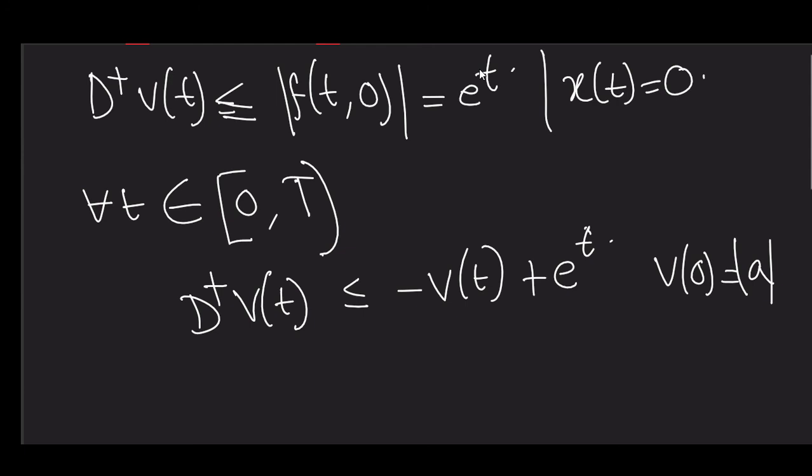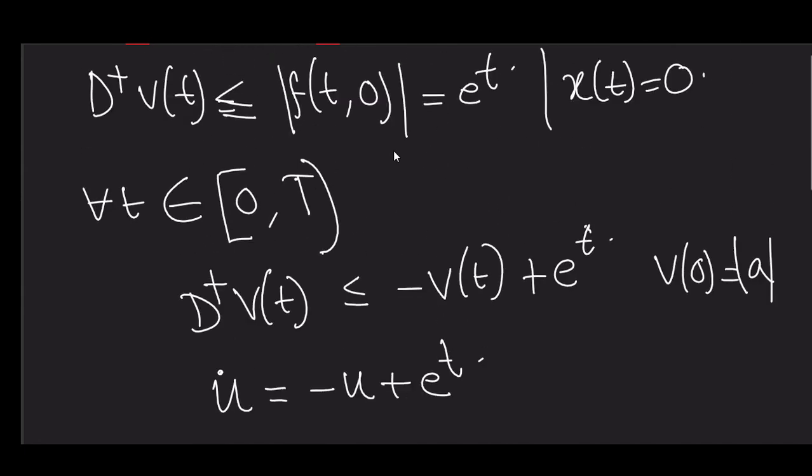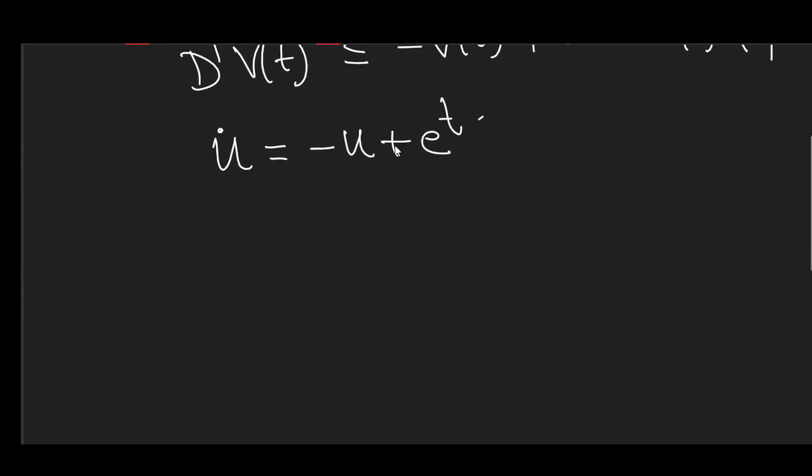So if you consider u to be a solution of that equation, then u dot is equal to minus u plus epsilon, and if you apply the comparison lemma, you will get vt is less than or equal to ut is equal to e to the power minus t